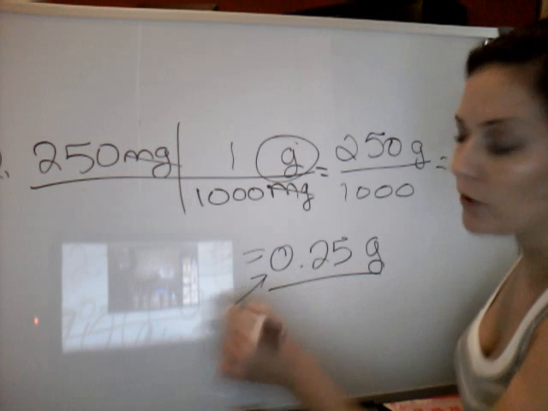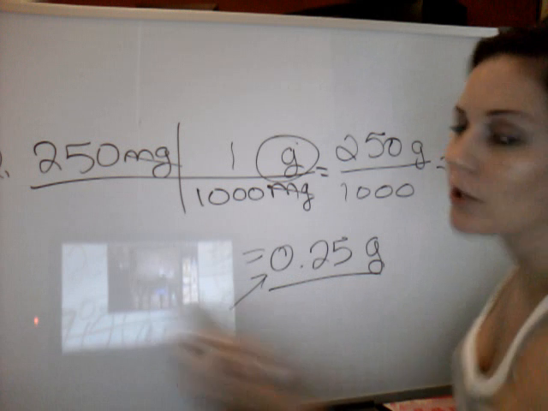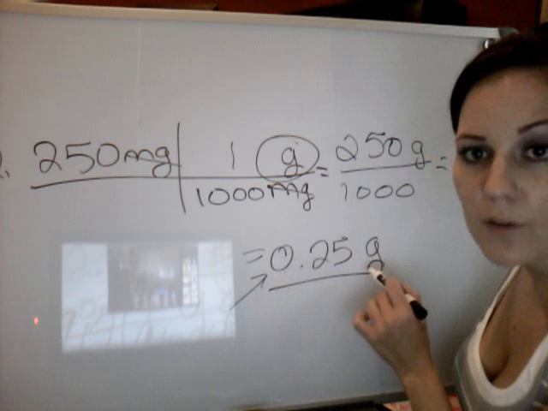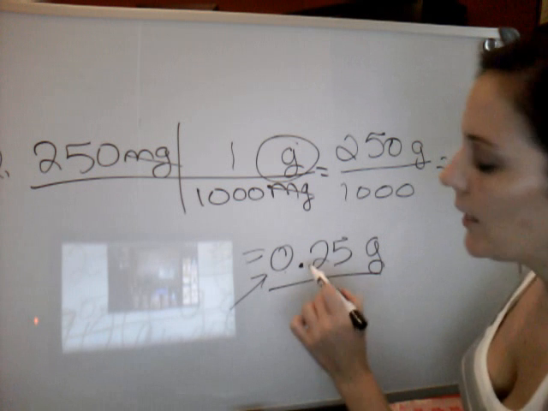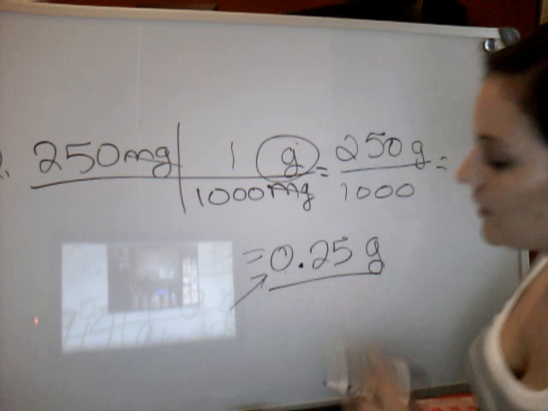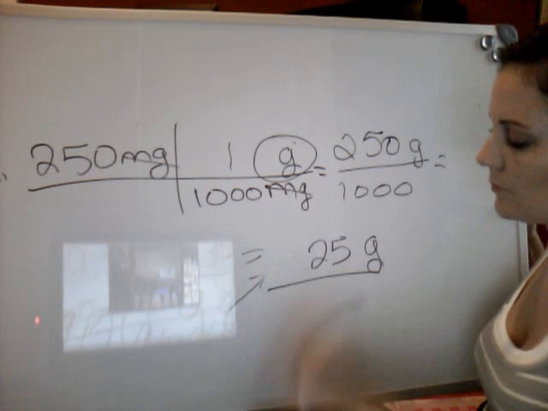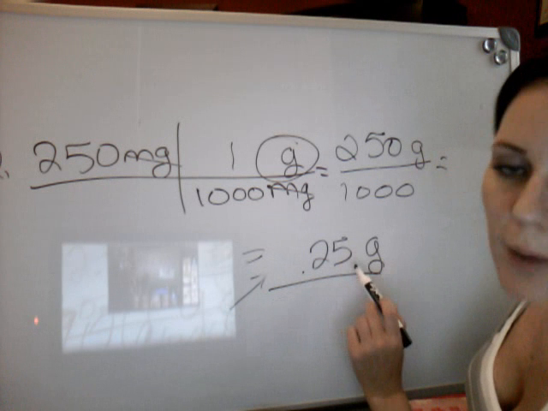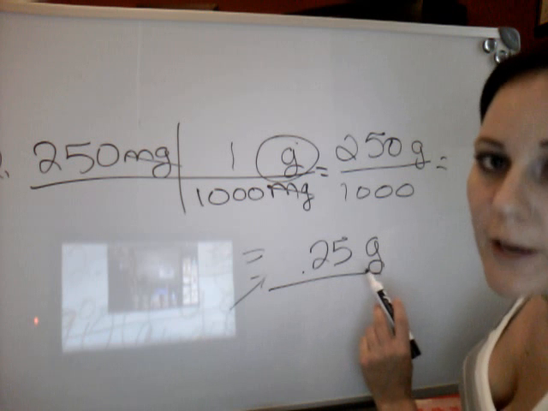Now, you've probably already learned this, but this 0 right here is called a leading zero. It means it's leading the rest of this number. You put a leading 0 in anytime you have a decimal. If I didn't have this leading 0, and my decimal wasn't very strong, you could possibly mistake that for 25 grams instead of 0.25 grams, and then